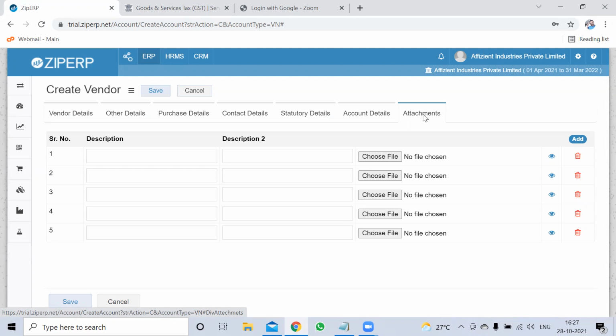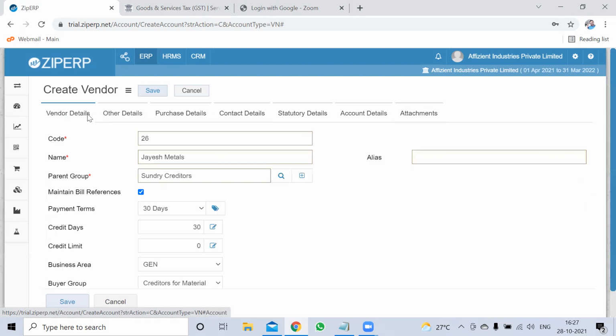Okay, great. So this is the complete vendor master. Sir, if there are any queries, please ask, or we can go to the next step. This is how we can create a vendor master in the ERP system. The same way we can create the customer also, but in the customer master, just save it, sir.